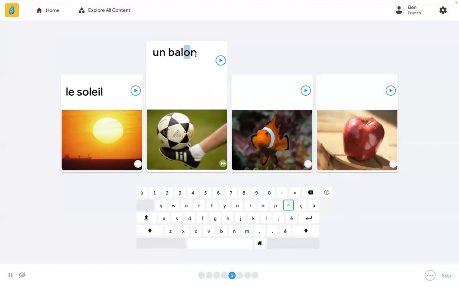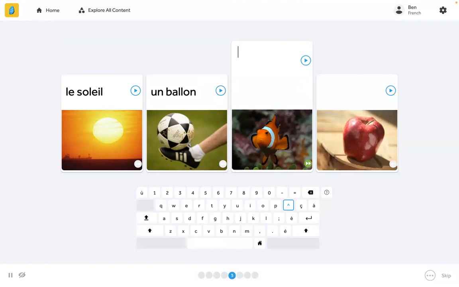Now, I know that this has ON at the end, so that means that that's not actually an incorrect letter, but that there should be something else there instead, which of course is my reminder that this word has two L's. Un poisson. Now, while we're here, I want to show you one additional feature that is super helpful, especially for